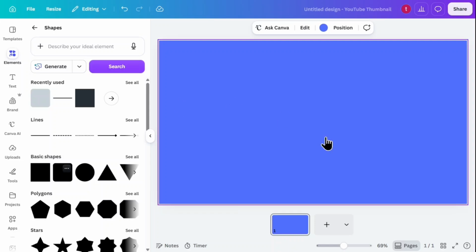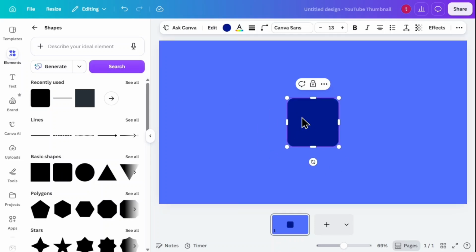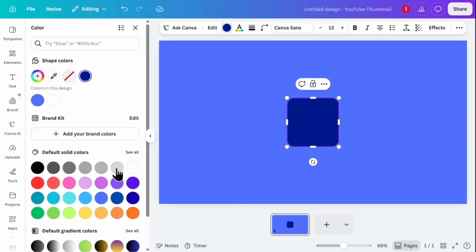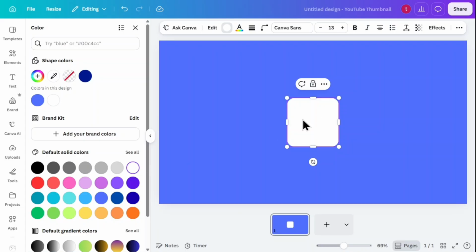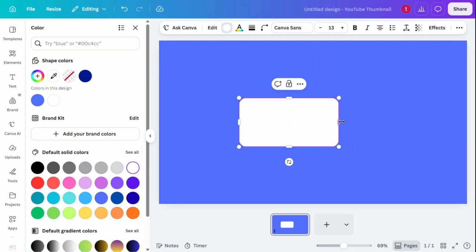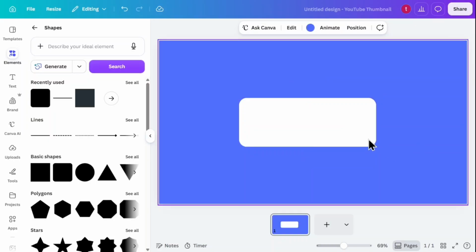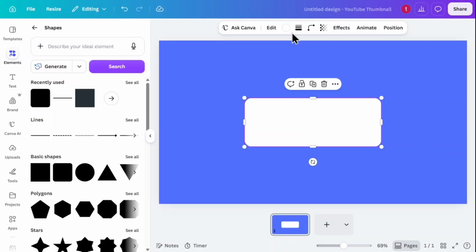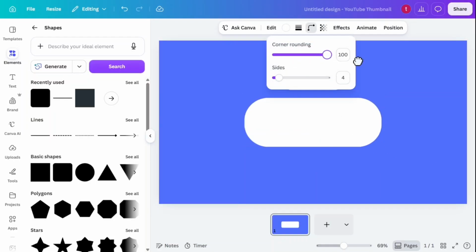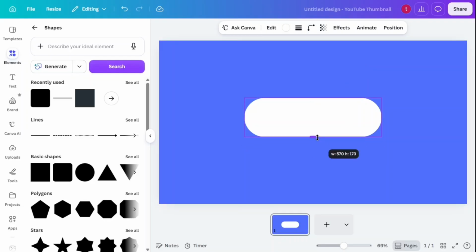With the shape selected, I go to the top toolbar, open the color palette, and change the fill color to white. Then, I click and drag the side handles to stretch the shape horizontally into a wide rectangle. To give it a smooth pill shape, I click on the border style icon at the top, adjust the corner rounding slider all the way up to 100, and resize and position the button right in the center of the